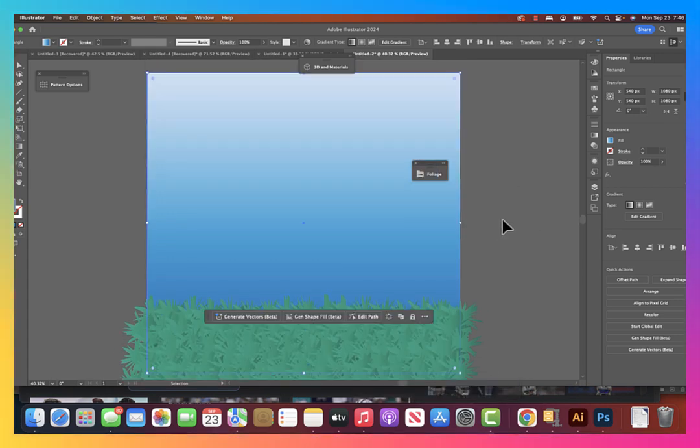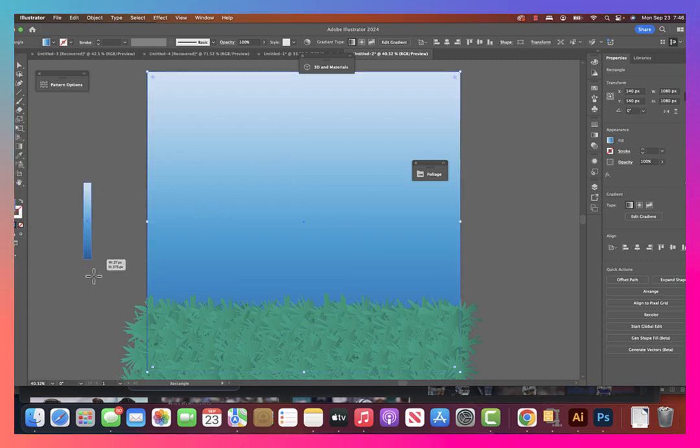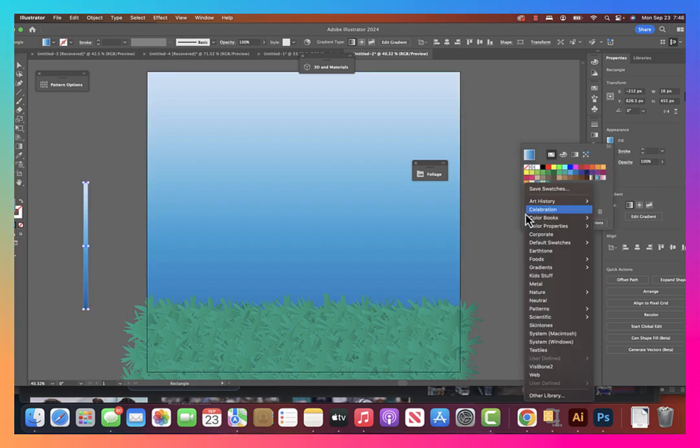Okay, so here is my starting point. I'm going to make a flower now. So I take and draw a rectangle. I'm going to draw it on the gray area over here to make it easier. And I'm going to get my foliage back open. So I go back to my gradients,